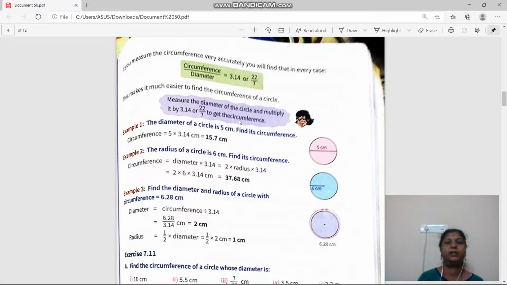So what is the formula for circumference? Circumference is equal to 3.14 multiplied by diameter. Otherwise, we can say circumference is equal to 22 upon 7 multiplied by diameter. Get it? So we will understand these three examples first. The diameter of a circle is 5. Find its circumference. So see in this diagram, this is the diameter. Can anyone tell me the definition of diameter? The line segment which passes through